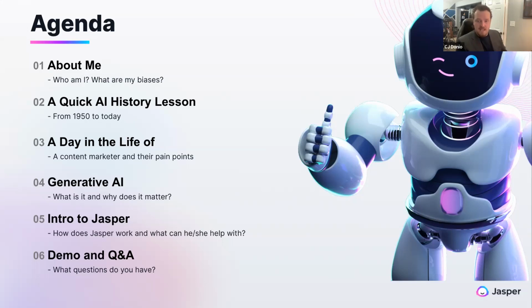One thing I hear day in, day out as I talk to different teams and CMOs is, man, it's tough being a content marketer right now. So I'll talk about some of those pain points. I'll hopefully talk about how generative AI can lift a lot of that burden for you. So we'll define what it is, and why it matters, why you should care about it. And then we're going to actually jump into Jasper. I'll set the stage a little bit, talk about how Jasper works briefly, and then I will jump into Jasper Write to do some copy. I'll also jump into Jasper Art and generate some images.